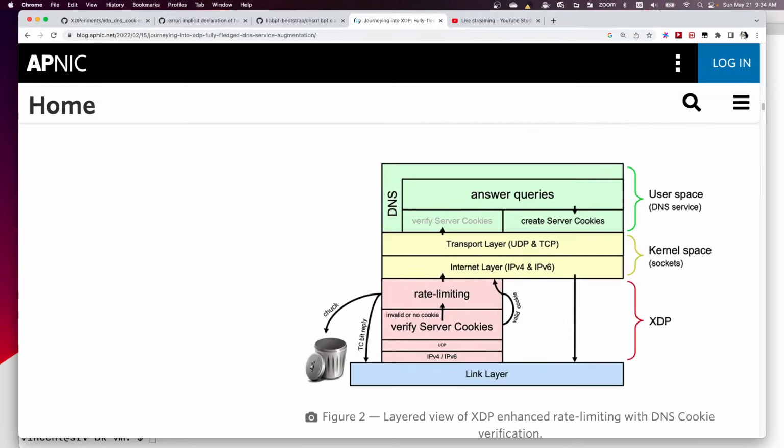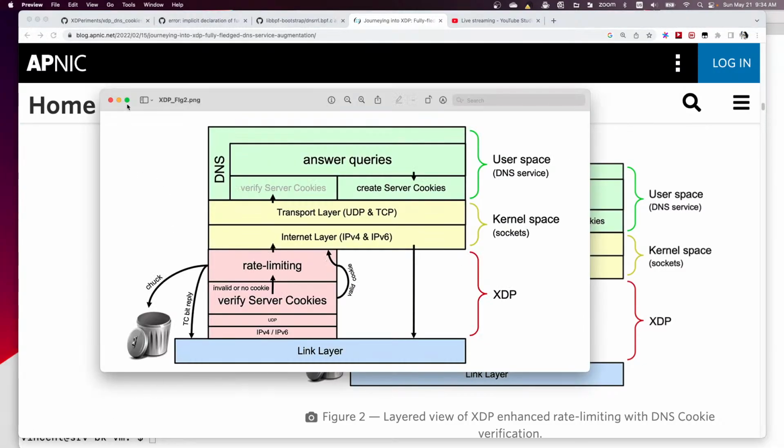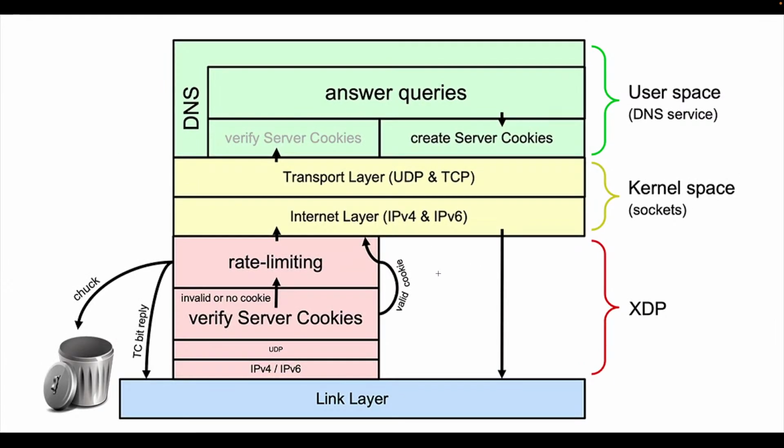Okay, so again, this is a diagram. I'll briefly explain how this works. When a UDP DNS packet comes into the link layer, and then the IPv4, IPv6, basically this is the XDP. This is what the XDP program is going to do in this section. It will parse the UDP packet and also